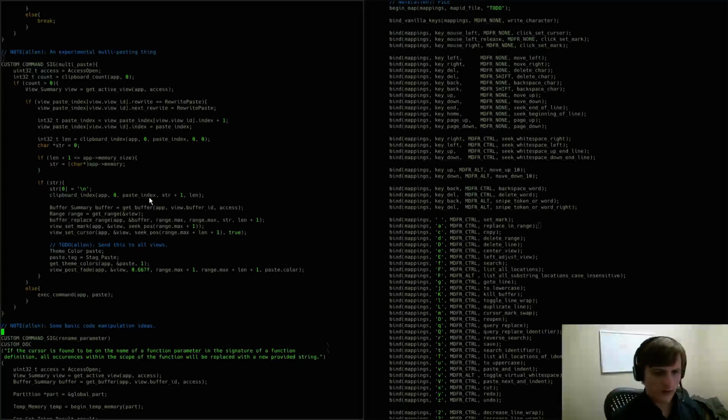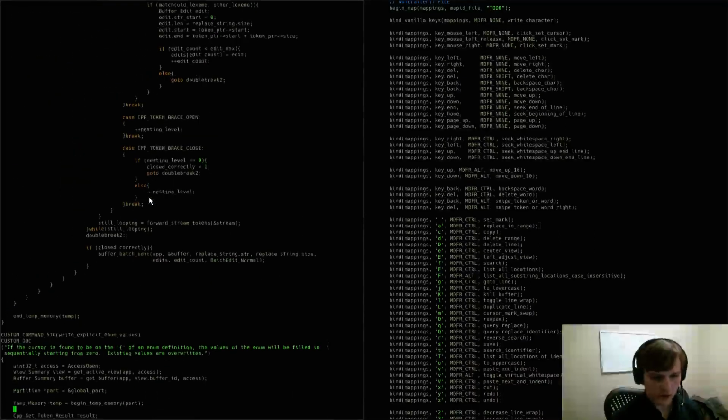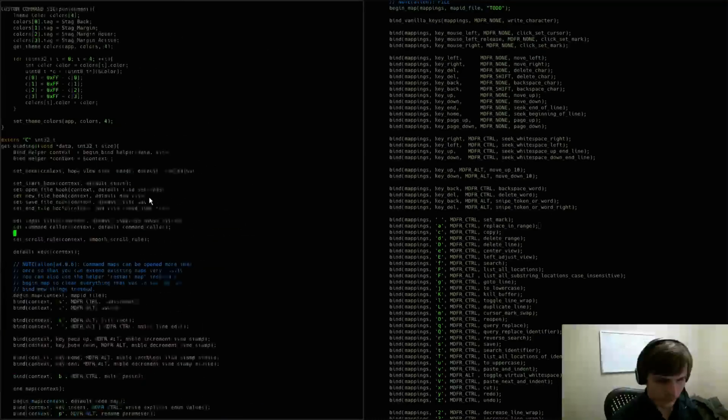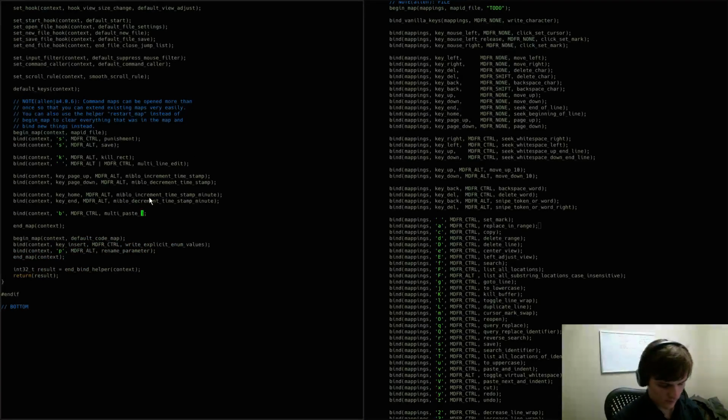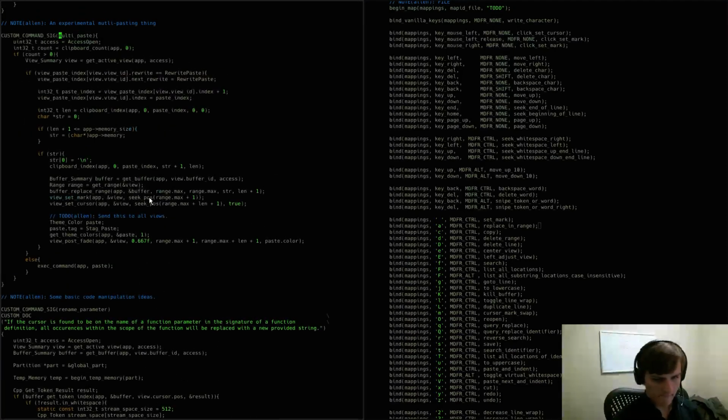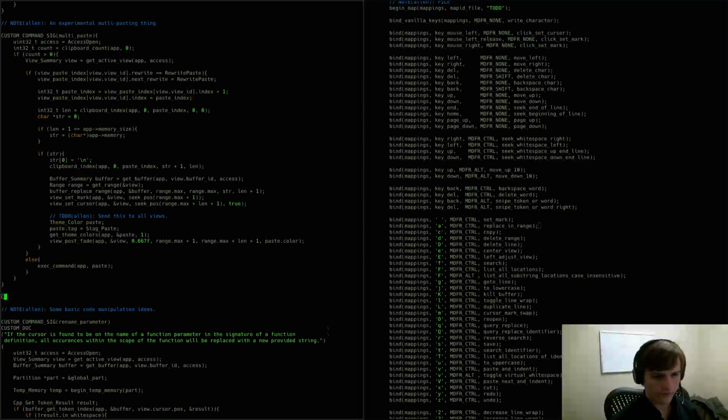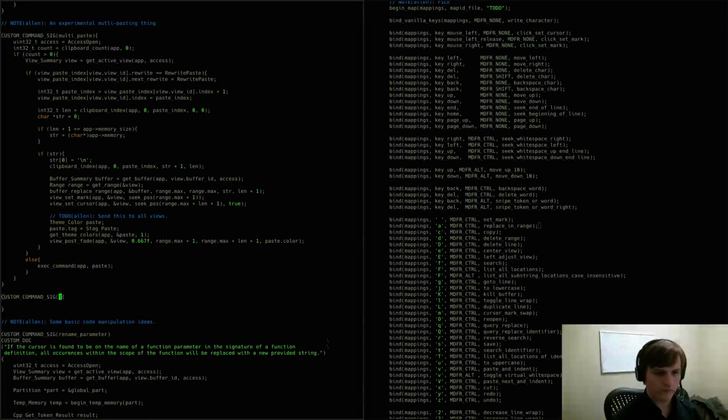We'll keep multi-paste, because that might be a useful one to have around, but I'm going to do a multi-paste interactive. And the way this would work